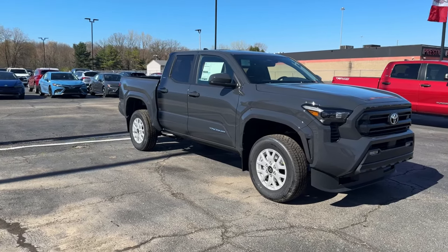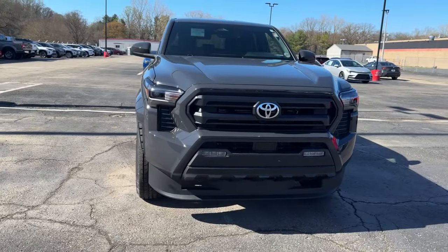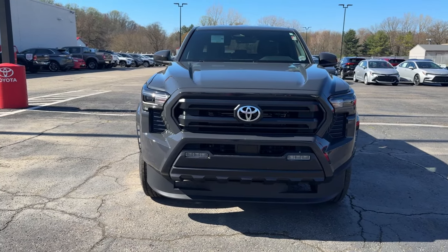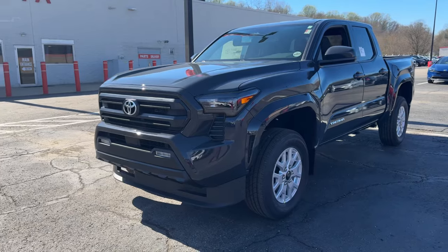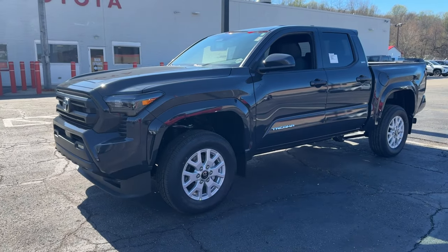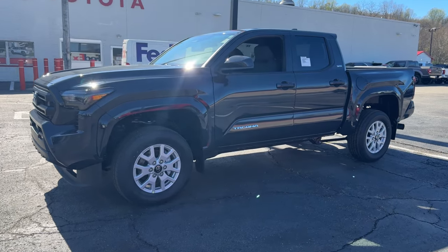Go home happy with the 2024 Toyota Tacoma. You'll be comfortable, connected, and focused on the road or trail ahead in this capable Tacoma. Driver assistance technology, including a backup camera, comes standard, as does a composite bed, deck rail system, and no shortage